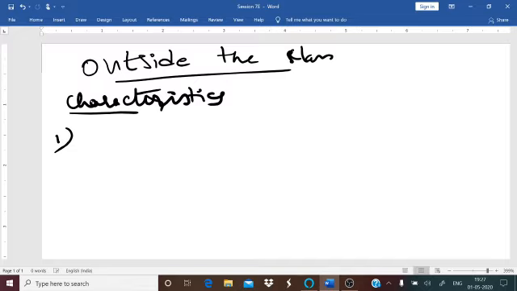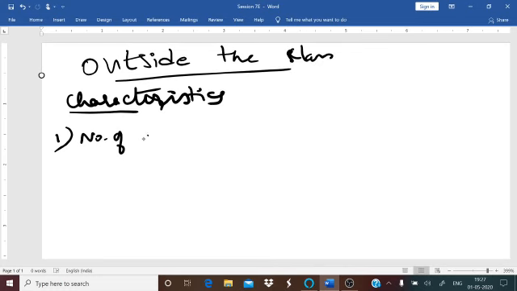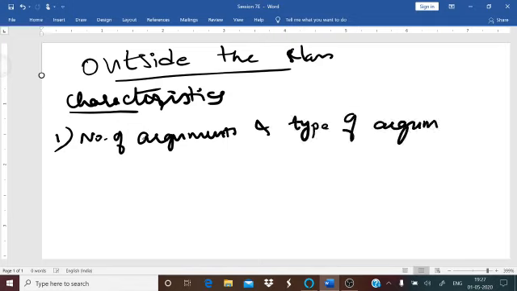Now what are those characteristics? The first thing, always remember the number of arguments and type of arguments.